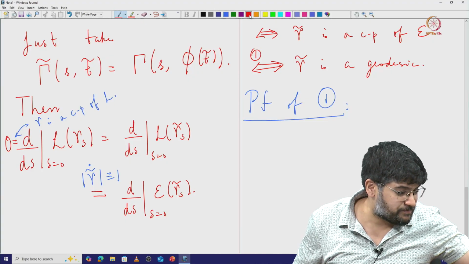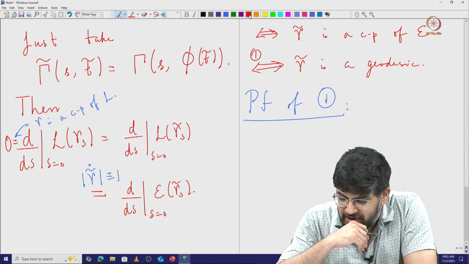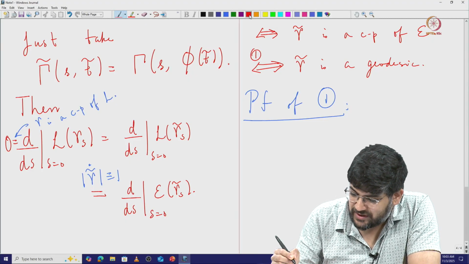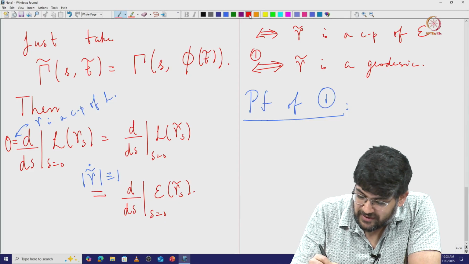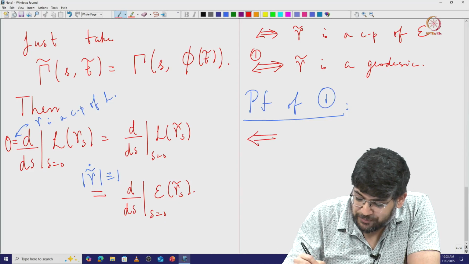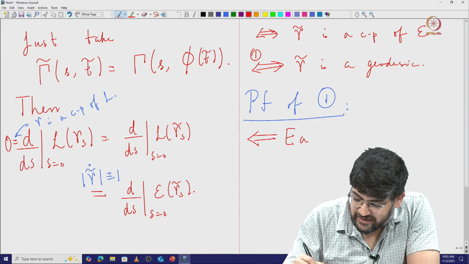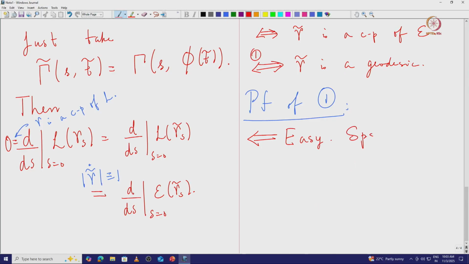Okay, so this part is easy. Suppose gamma is a geodesic, then clearly